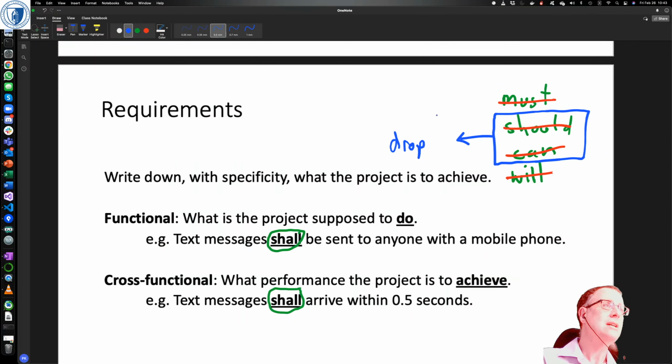Okay? So I don't think I've put that up in Blackboard yet, but I do want you to, I'll just put in a couple of questions. One wanting functional shall statements, and I've got some examples shortly just for everybody, so you can see what I mean. And we'll talk about them next week.